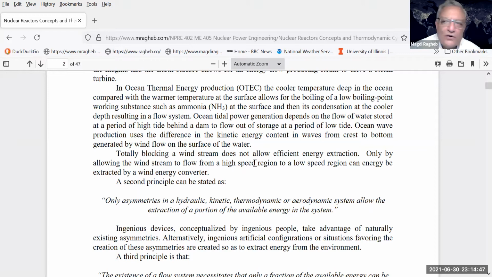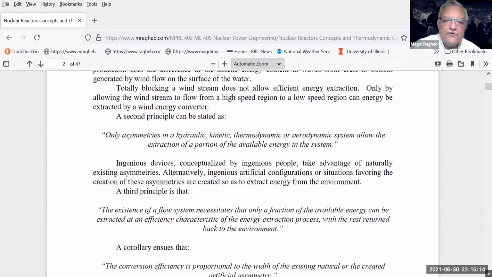And in between, you extract some of the energy as mechanical rotation of the rotor blades and then electricity in an electric generator. So allowing a flow system to occur definitely is a must for energy conversion from one form to another in the environment. We can state the second principle is that you can only do that extraction of energy if you have an